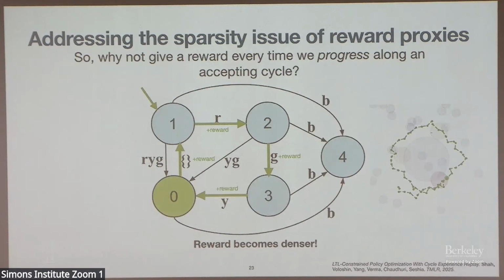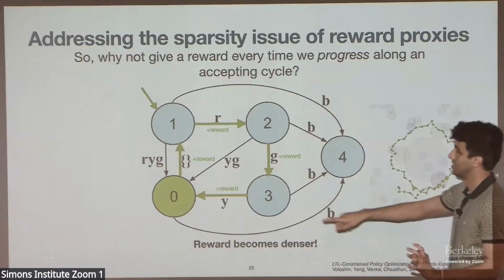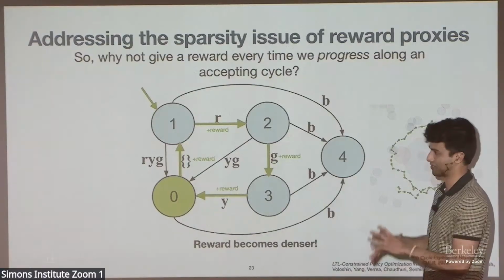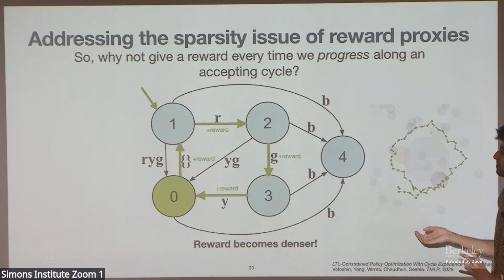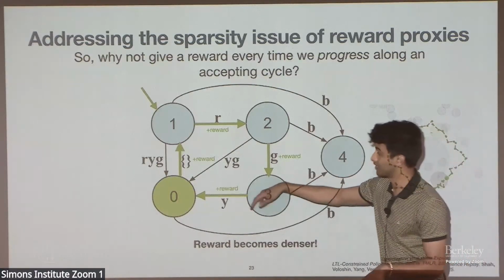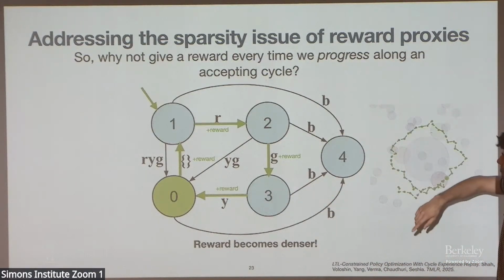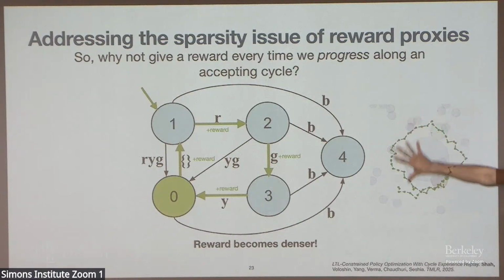Now, of course, there are pitfalls you have to avoid because there are multiple accepting cycles in your Büchi automaton, so you can't just naively optimize all of them. The other thing is that not all of these accepting cycles are achievable, right? So in one of them, between 1 and 0, you take that transition if you're in the red, green, and yellow regions all at the same time. Of course, that's not possible in this MDP. We know that from looking at it. An RL agent who doesn't have knowledge of the dynamics does not know that. So you can't just pick a cycle arbitrarily.